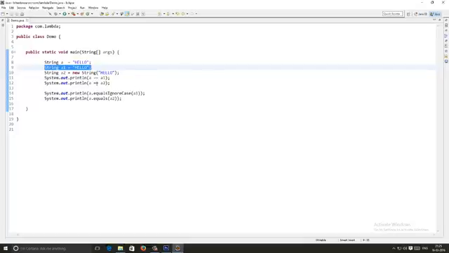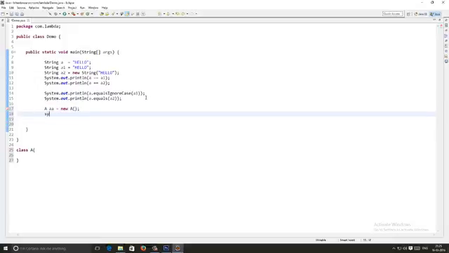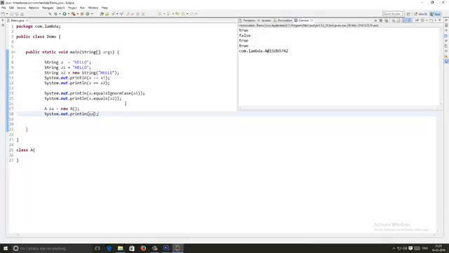Then if you observe here, if I create a class like this, class A, and then print the object, A is equal to new A, and then print A, what would be the output of this? It is going to print me some hexadecimal number, right? But